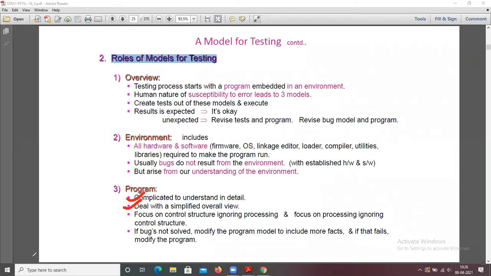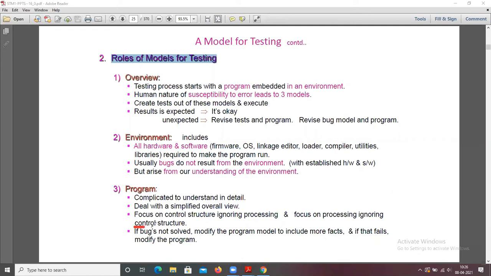So what does it mean? The program is complicated to understand in detail, so deal with a simplified overall view. What is the purpose of the program? Focus on control structure, ignoring processing, and focus on processing, ignoring control structure.